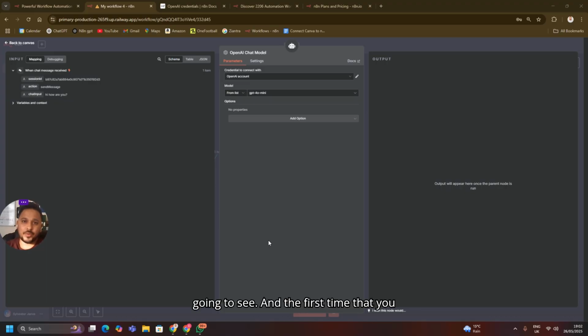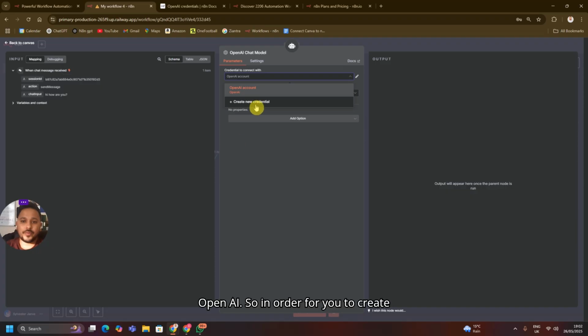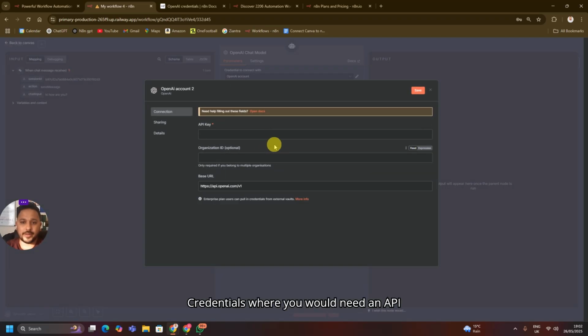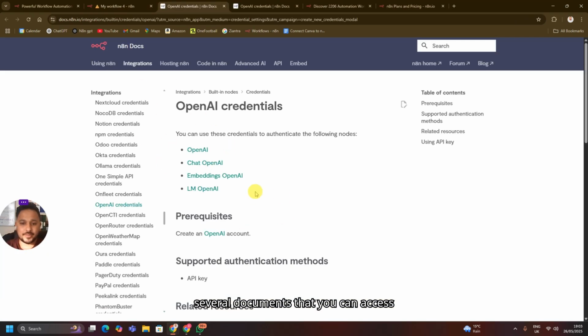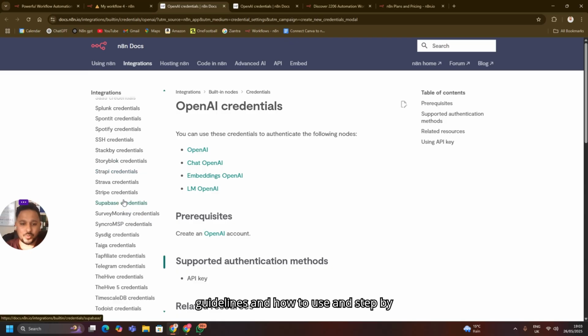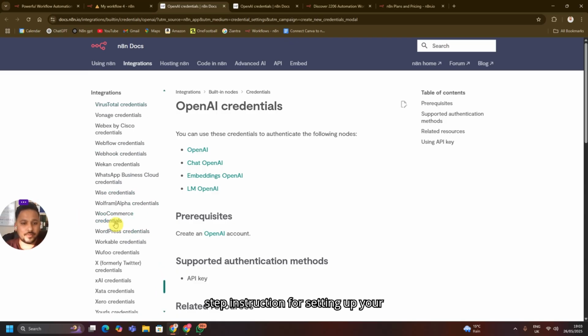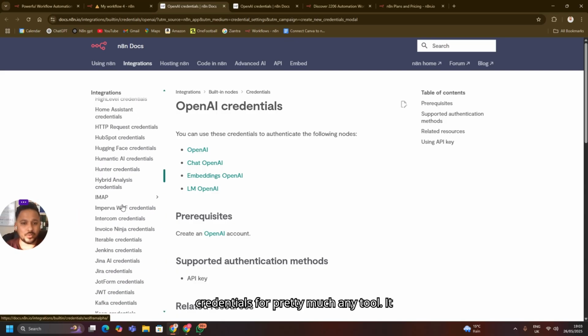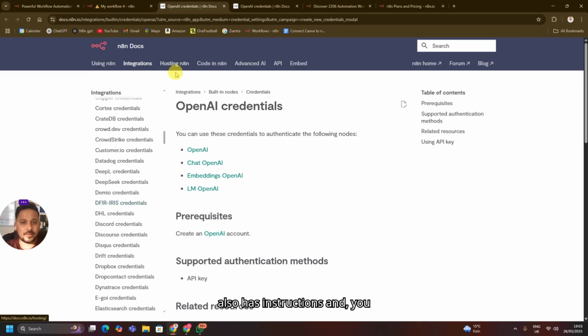And the first time that you create your n8n account, you're not going to have any credentials on here for OpenAI. So in order for you to create your new credentials for OpenAI, you're going to want to click on Create New Credentials, where you would need an API key, which is mandatory, as you can see here by the little star. There are several documents that you can access from n8n's docs website, which is an absolutely amazing website because it has guidelines and how-tos and step-by-step instruction for setting up your credentials for pretty much any tool. It also has instructions and